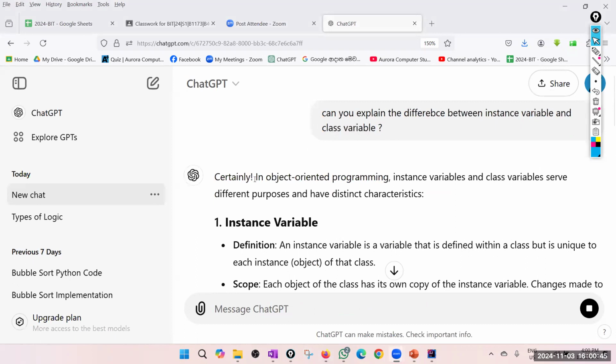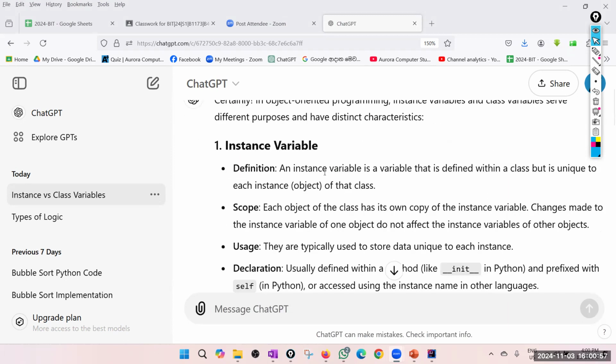Say certainly. In object oriented programming, instance variable and class variable serve different purposes and have distinct characteristics. Instance variable. An instance variable is a variable that is defined within a class, but it is unique to each instance. Scope. Each object of the class gets its own copy of the instance variable.